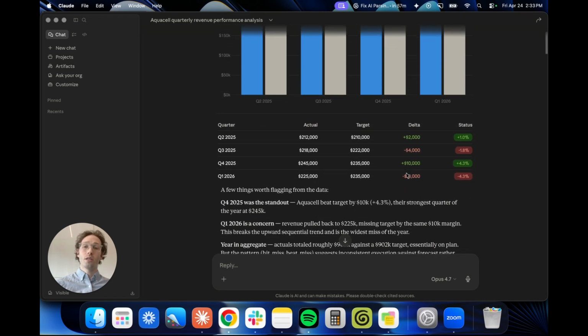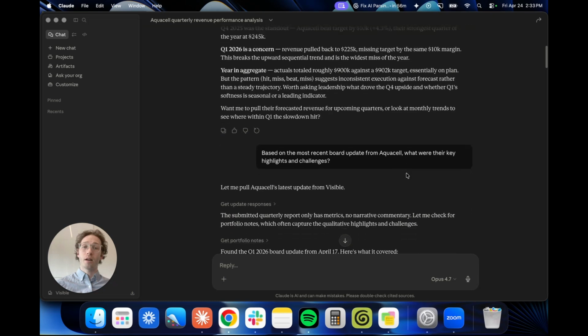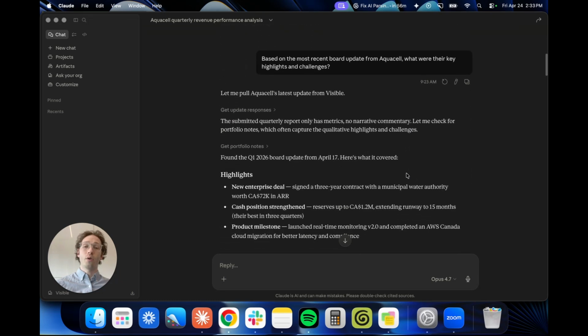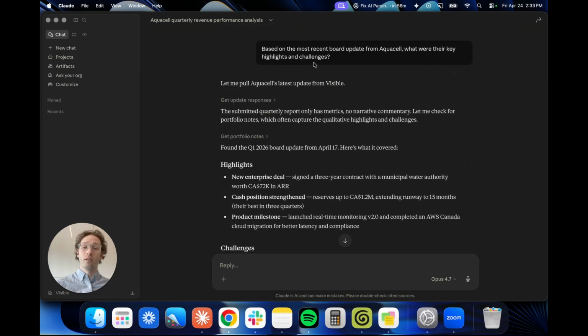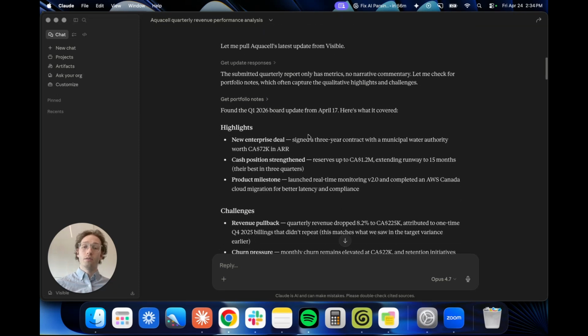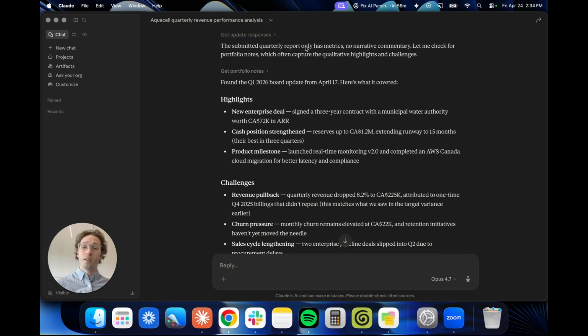Having already parsed AquaCell's board deck through the AI inbox, I can also ask about qualitative information directly. So I added the prompt based on the most recent board update from AquaCell. What were their key highlights and challenges? And this is where importing that deck with the AI inbox is so valuable because the response pulls directly from the deck. On the highlights side, AquaCell signed an enterprise client, they increased their cash positions, and they also launched